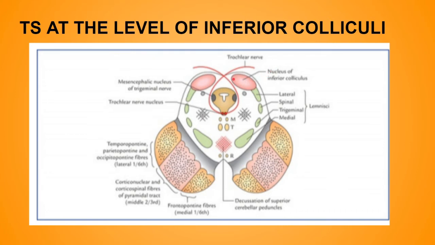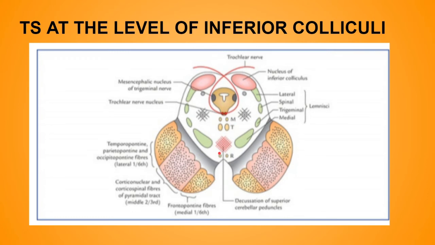Now we have the substantia nigra also and the reticular formation. As you can see, this is the reticular formation. This reticular formation is smaller than that in the pons and is situated ventrolaterally between the medial lemniscus, this is the medial lemniscus, and the central grey matter. So between these two it is present.